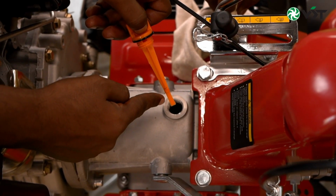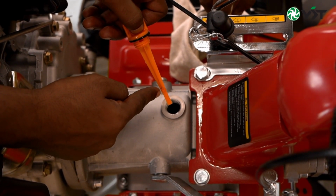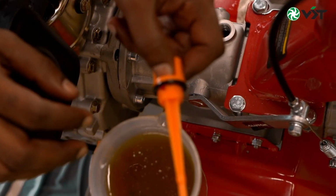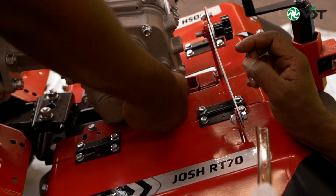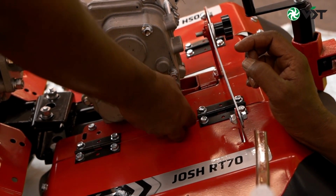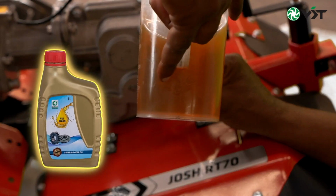Check the gear oil level using the dipstick and make sure the gear oil level is in between the high and low marks of the dipstick. Lubricate the rubber o-ring of the oil filler cap for longer life. To fill the gear oil into the rear rotary transmission, place the machine on a level surface. Open the oil filler cap on the rear rotary gearbox and fill with VST genuine gear oil of 900 ml